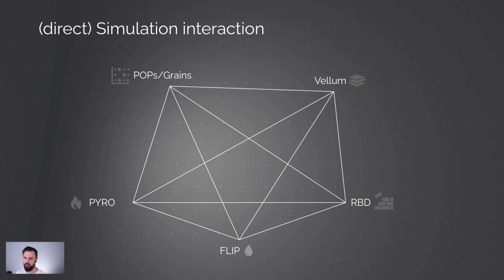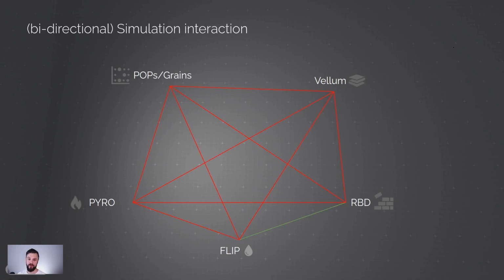You would think it shouldn't be a big deal, right? For example, some grain interacting with rigid bodies or fluids interaction with cloth or something like that can't be that complicated. I mean, Houdini is Houdini, right? Well, surprisingly, actually, this is a big problem because most of those combinations are simply impossible. So all the red ones do not work, surprisingly, which is, again, always a big surprise for beginners. There's one exception, flip and RBD,